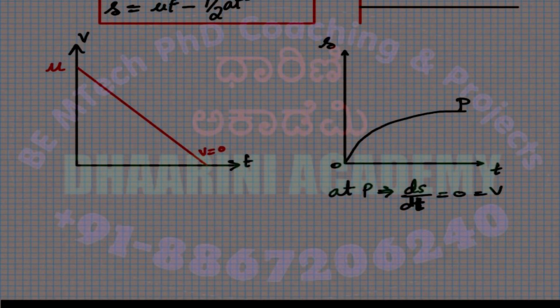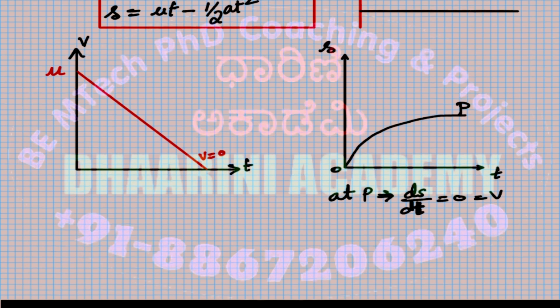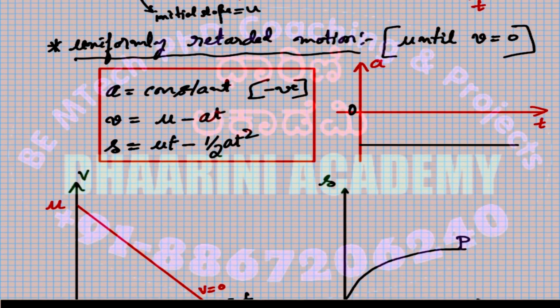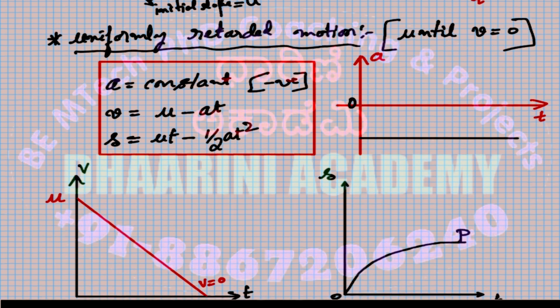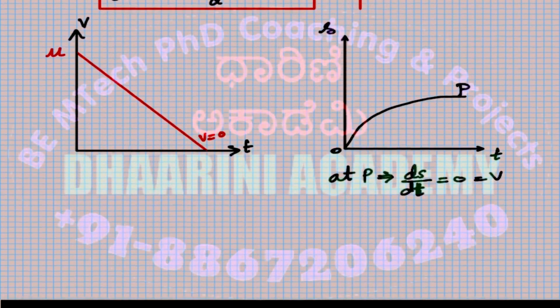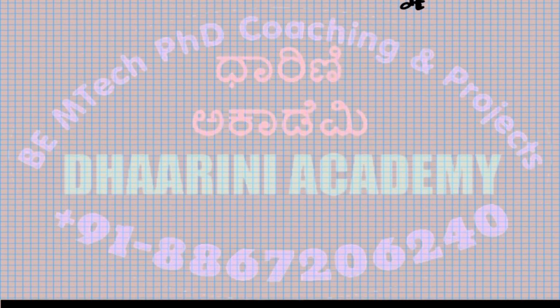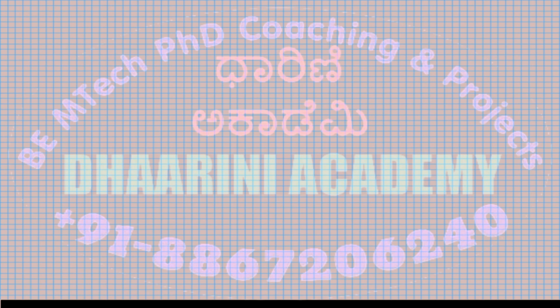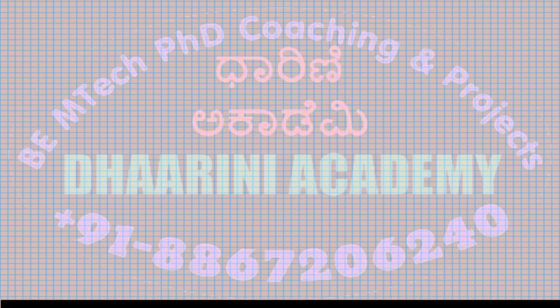Previously, we were looking at the graphs in which we considered the uniform motion, uniformly accelerated motion, and uniformly retarded motion. We looked at the equations and corresponding graphs. Now, in the uniform acceleration case, we have a special condition, that is the third case,